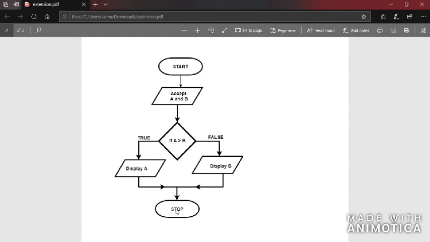The second question I'm giving you is to accept a number, multiply it by 10, and then print the value. The third question would be to check if a person is eligible to vote or not. So what is the main condition to check if a person is eligible to vote or not? Whether the person is 18 or above.